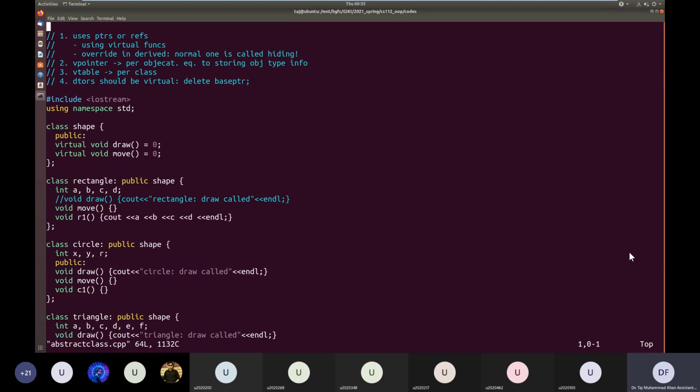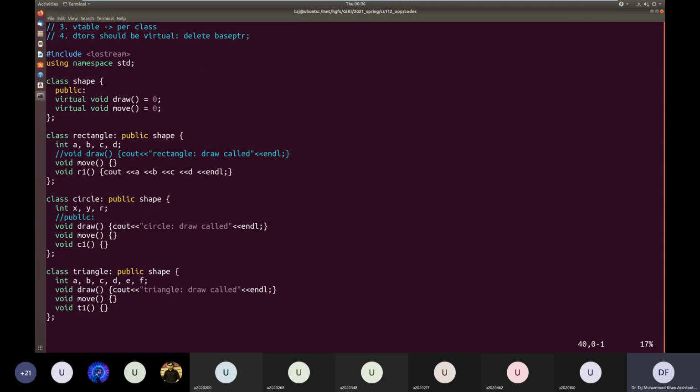Let me have another look at this error that we just had. This function was not made public, and it gave us an error that we were calling a private function.